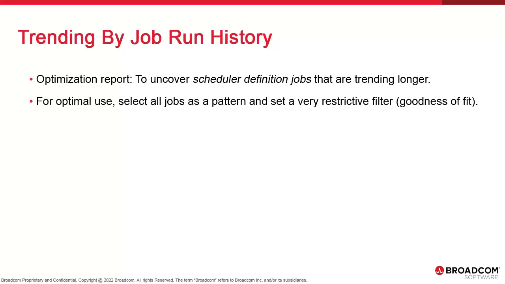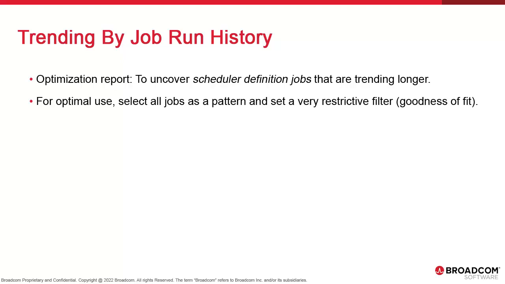The last report, Trend by Job Run History, is similar, but uses scheduler data instead. It's one of the most useful reports in the solution because it allows us to uncover the best candidates for optimization efforts. The report dialog provides a filter on jobs, which you can apply if you want to focus